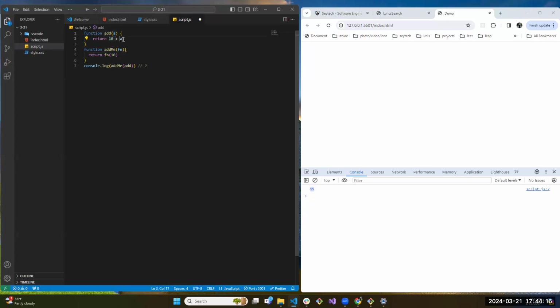So it will be 10 plus 10, so the answer will be 20. So you can play around and see how you can pass one function to another function. In JavaScript, functions are first class citizens, so you can pass them as an argument, and